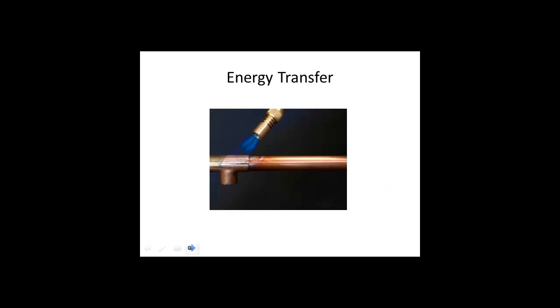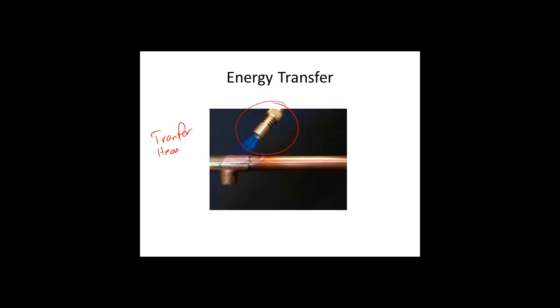Let's have a look at another example. This example does not use kinetic energy, it uses heat energy. So up here we have a flame, and the flame contains a lot of heat energy. And that flame is being directed onto a piece of metal pipe. Now, some of the heat energy from the flame, when it comes into contact with the pipe, is going to transfer